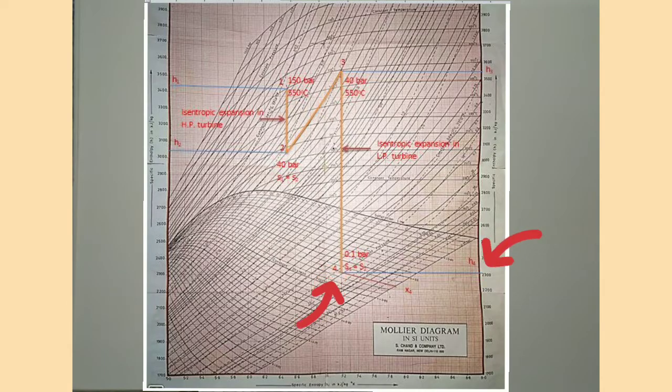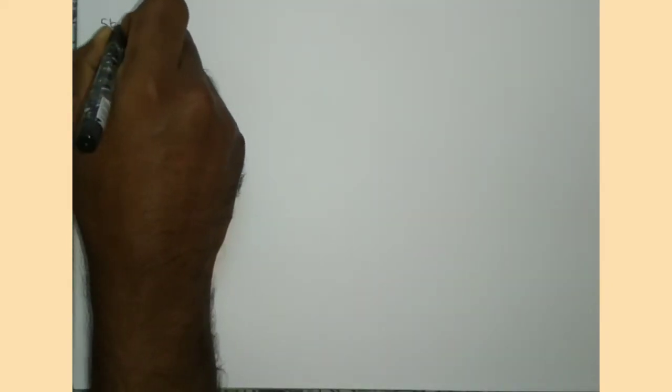The quantity of steam at the exit of low pressure turbine is asked in question, so we can take the value of dryness fraction from the respective curve of dryness fraction through point 4. Okay, state 1, 2 and 3 are in superheated region. Therefore, the condition of steam at state 1, 2 and 3 are superheated. And we can see that state 4 is in wet region. Therefore, the condition of steam at state 4 is wet.